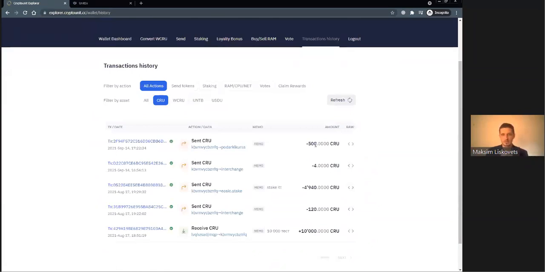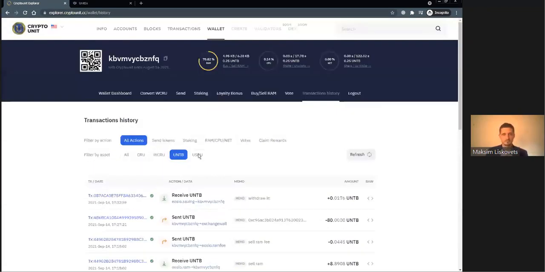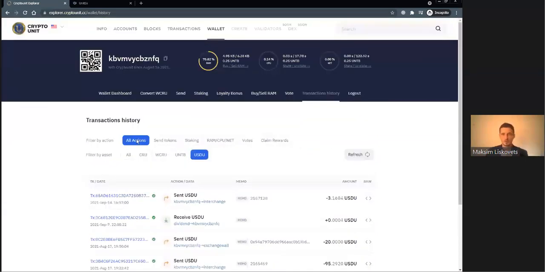For CRU, it's clear that we sent CRU to other wallets. We worked with UNTB, and it is transparent here. And we see USDU. Well, I believe that that is about transactions. Well, to sum up, if there are any additions, then maybe Ivan will add, but I believe I've covered everything required for the work